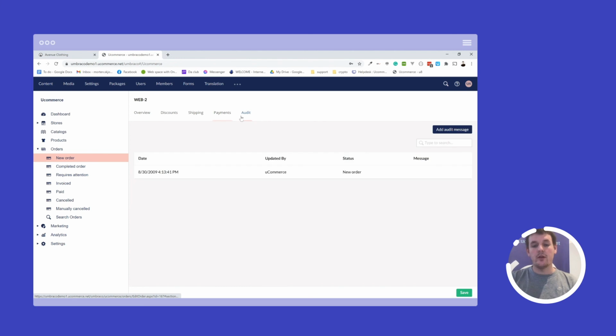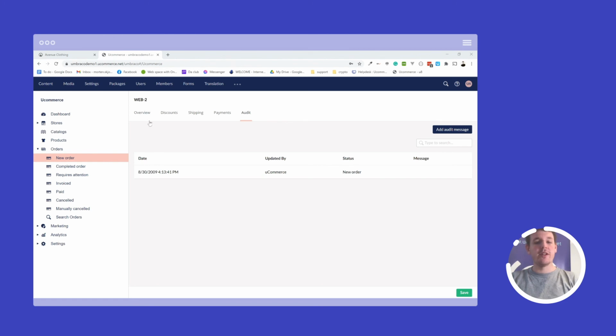Lastly, we have something called audits, which are basically information around what has happened with the order at what point. You can add in custom audit messages up here, but usually it will be something that automatically arrives here when an order changes state or something like that. So in here you have the full overview of your orders, and you have the capabilities of maintaining all aspects in case you need to.